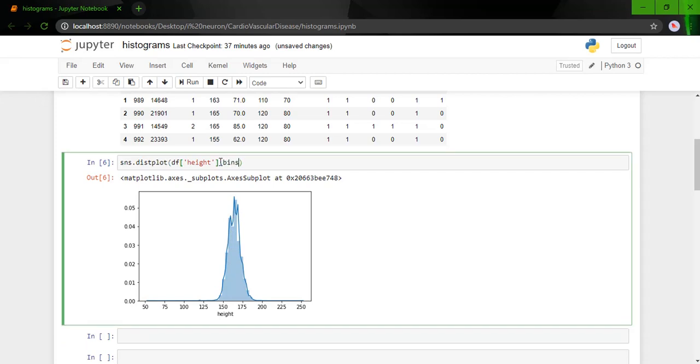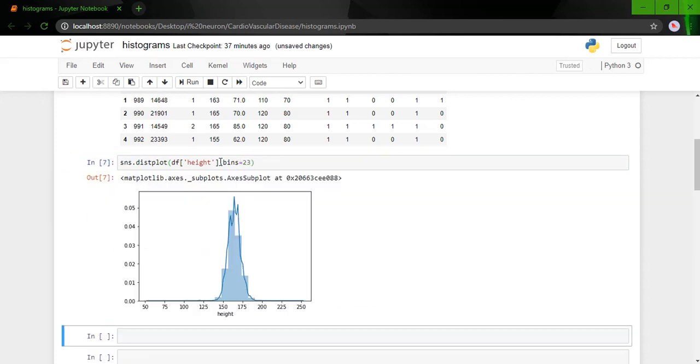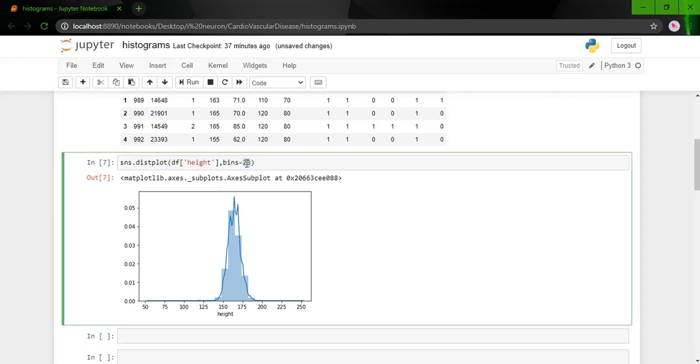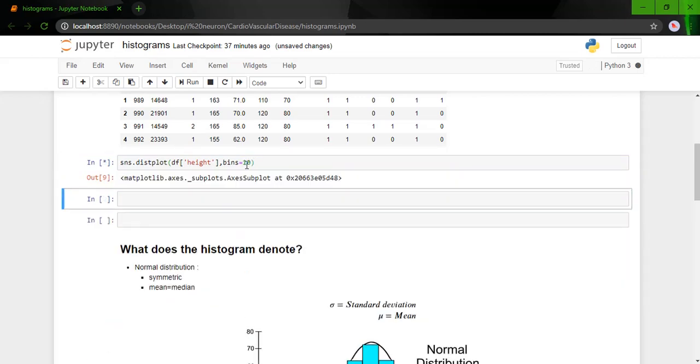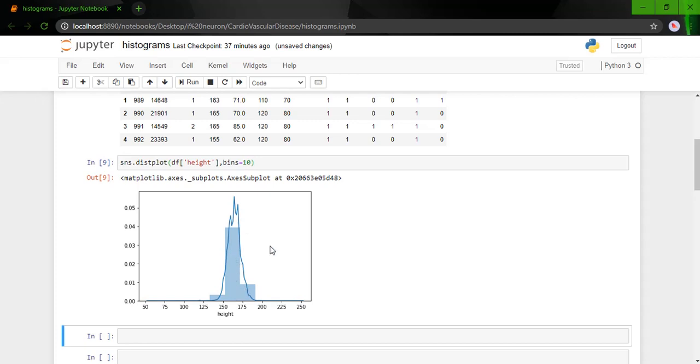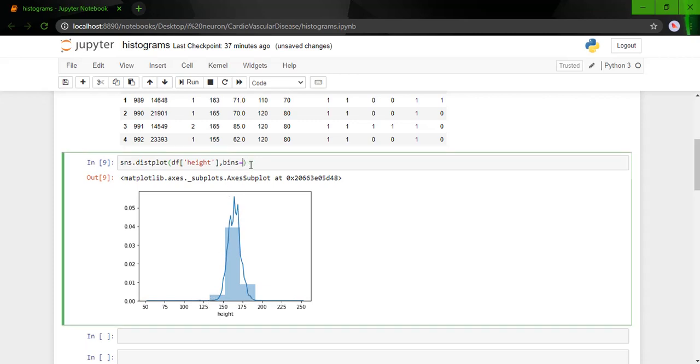There's also an additional argument, bins. See, now this has become a little different. What this argument does is tell the algorithm to split the data into 23 different bins, and then it will decide on its own the starting and ending range for each bin, but you can change these bins. You can actually play with it. So 20 will become a little wide. As you reduce the number of bins, it becomes very coarse. But what you notice is that the KDE does not change. So bins is one argument.